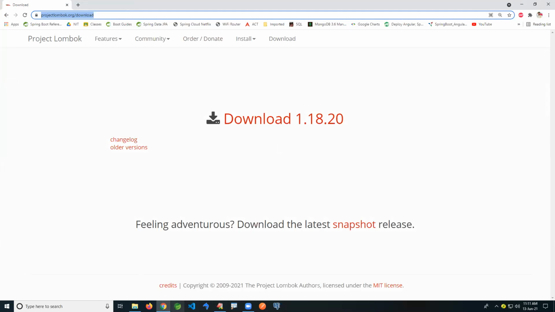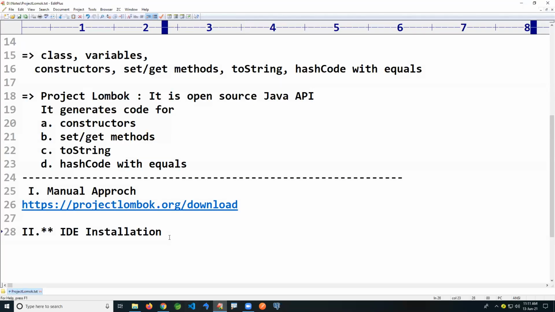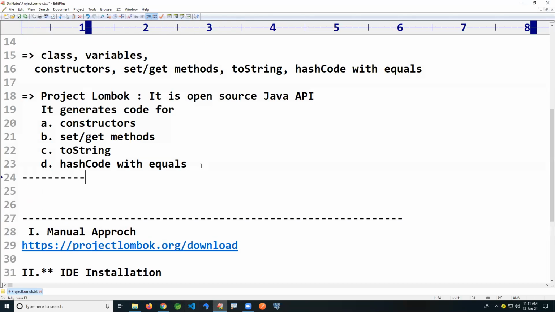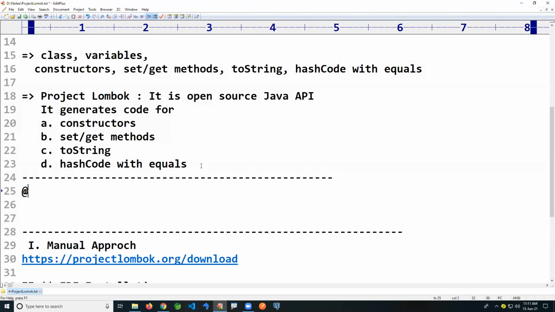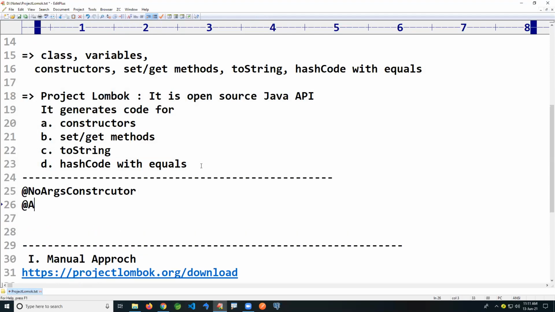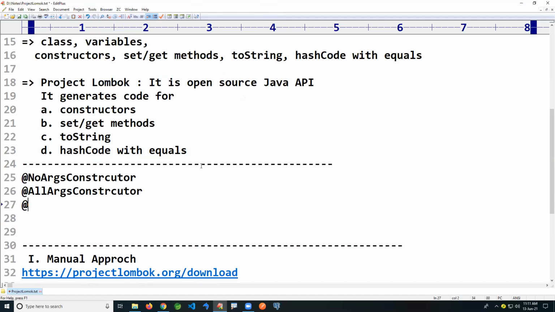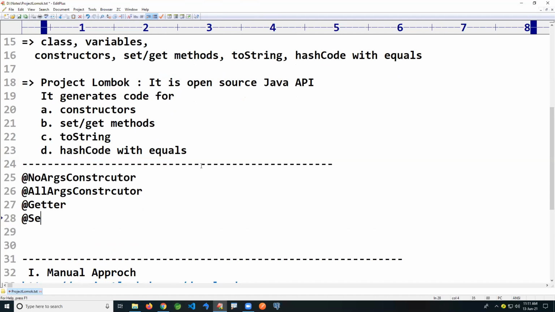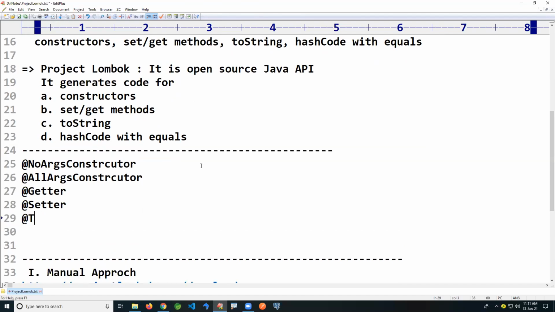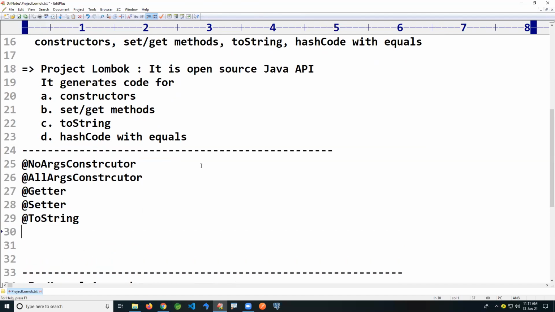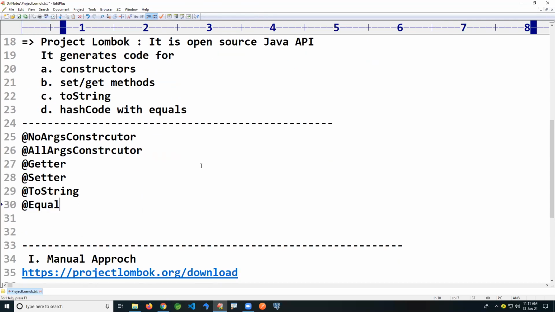Next we have to follow some annotations. I'm giving the list here; observe one by one. The first one, NoArgsConstructor. The next one is AllArgsConstructor. Next, Getter, Setter, ToString, EqualsAndHashCode.